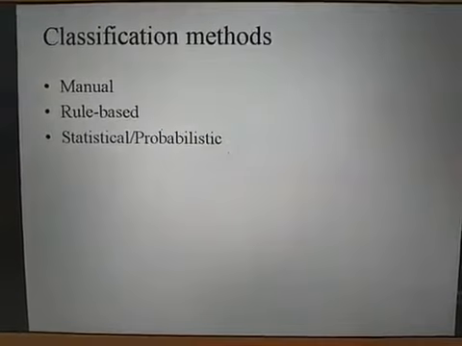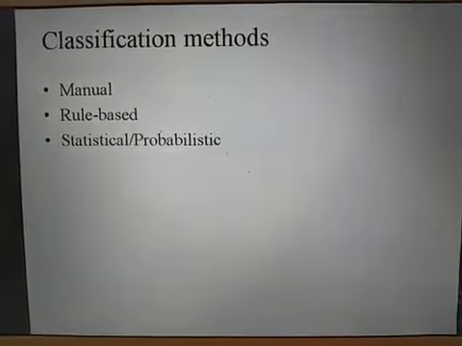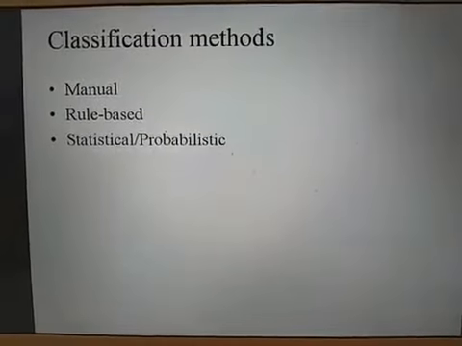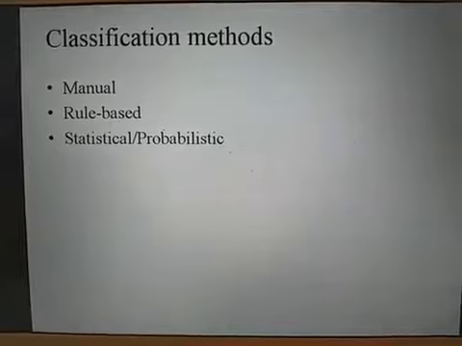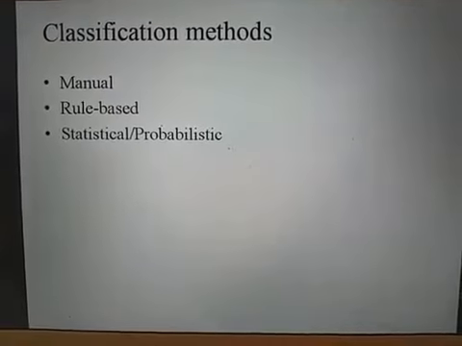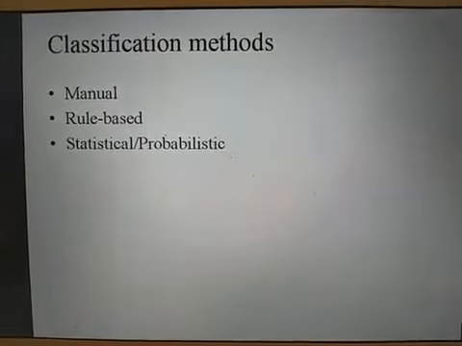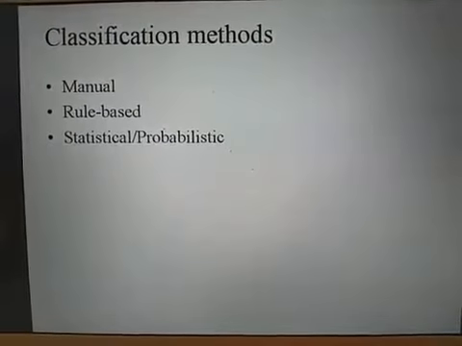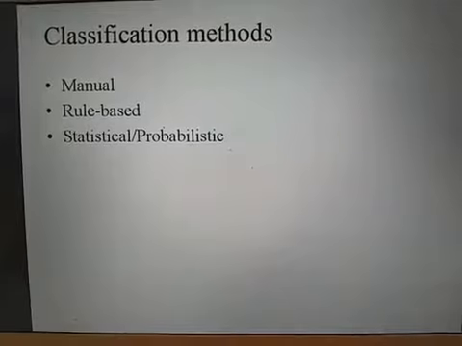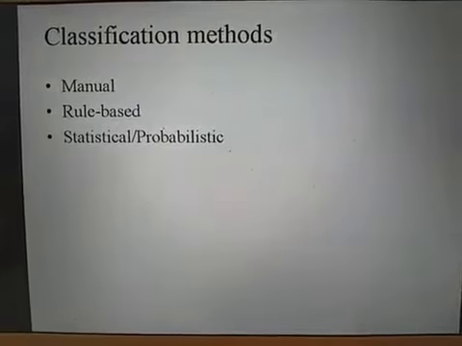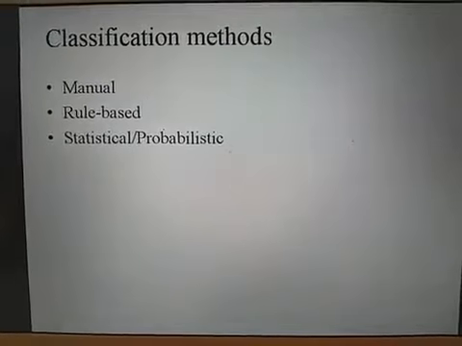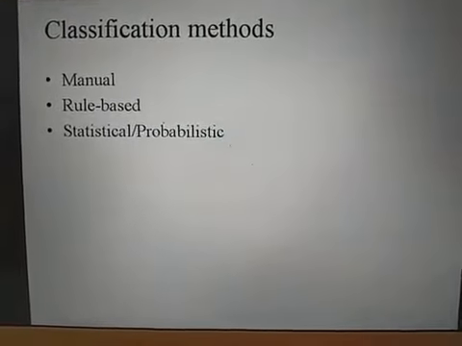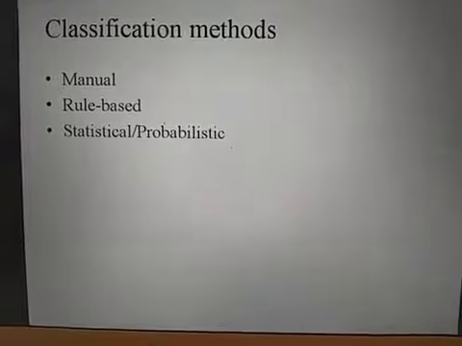Then already we have discussed different classification methods: manual, rule based, and statistical and probabilistic. The manual classification method is the older, traditional one, which is done manually. Basically, we already know the arrangement of books in a library is one of the best examples of manual classification. The second one is the rule. The rule means something like a handwritten rule that we need to define here.